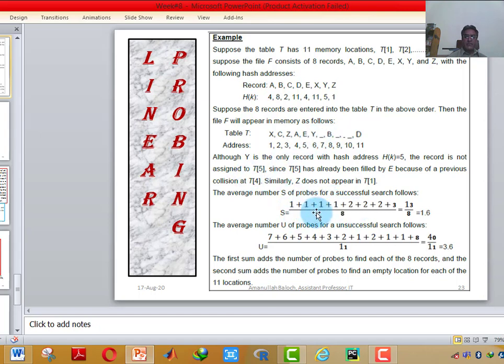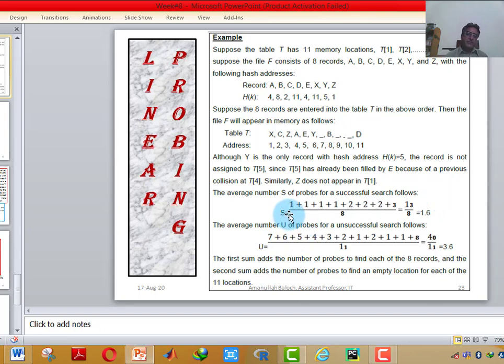These probabilities we are going to calculate here: what is the probability to search the next coming record, that is the 9th record? If there is a ninth record, then how will we store that record in this hash table?